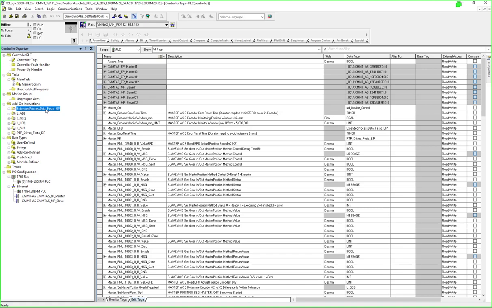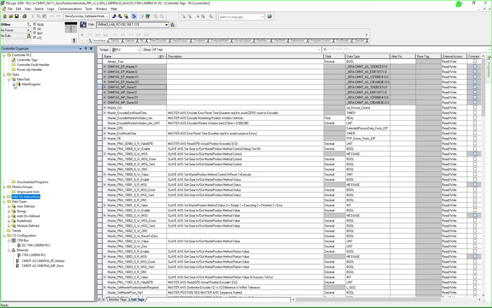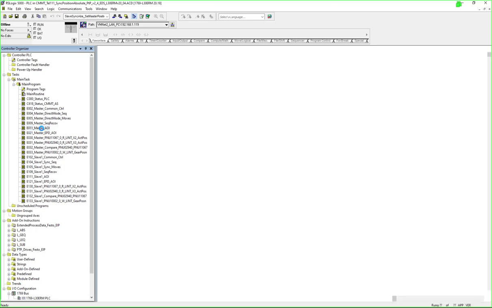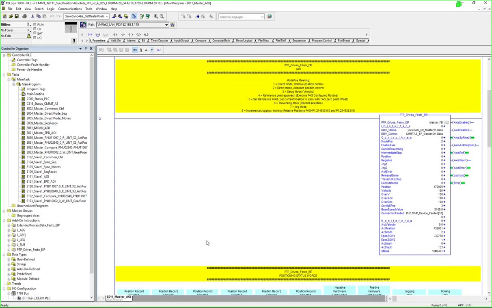What this is used for is to gather the data, either send or receive, and then the process data comes through on this add-on instruction here. So if I minimize that and expand my project here, I'm just going to close my tags. I have added some subroutines here to my main program. The main program is scanned all the time, and I have two routines for each controller. One has the AOI, I call it, and that is for the process data. So if I double click on here for the master, scroll a little bit here, you'll see here that